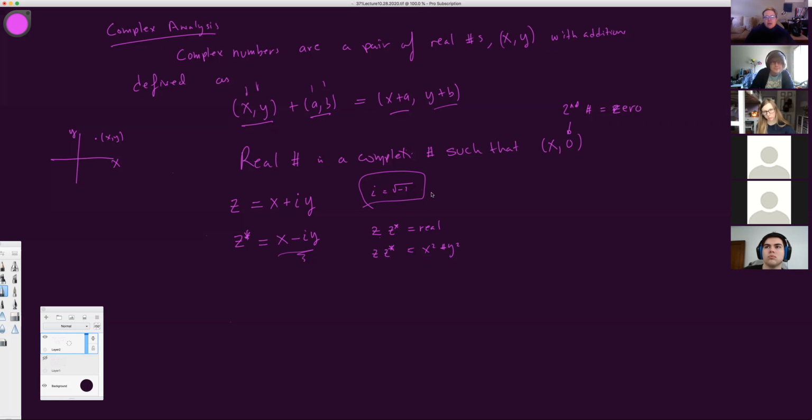Okay, so this operation, complex conjugate, takes all i's to minus i. That's a little weird, right? And i is defined, of course, like so, right? With this square root of minus 1, which of course means that i squared is